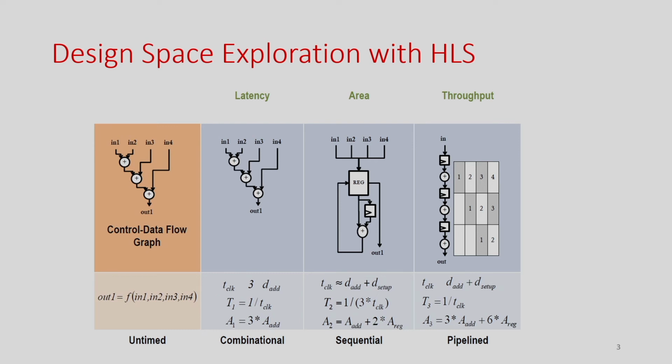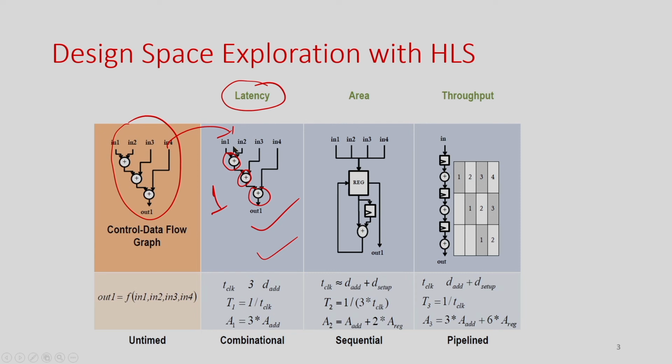Here is a very nice example. Suppose I have a very simple example which does the addition in1 plus in2 plus in3 plus in4. Now, suppose I want to target it for reducing the latency, that means I want to do it very fast. The corresponding data path will be this, because there is no intermediate register. So, the latency will be 1, but the area is 3 adders. I can generate this RTL using high level synthesis by just specifying certain pragmas or certain parameters in the tool.